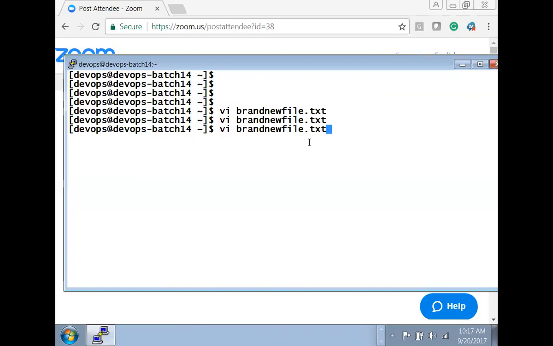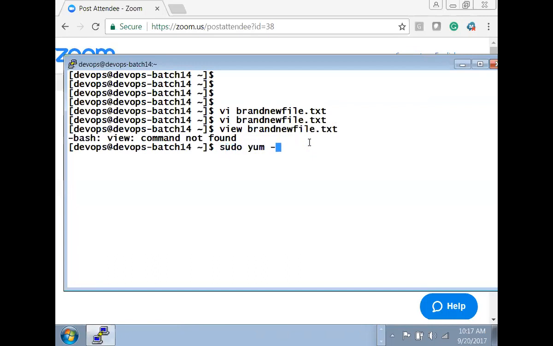Sometimes you don't want to change the file, but you want to see the file. So what will you say? You will go with view. That is the advanced mode of the VI editor. So what is meant by view? We will see that. You have to see at the bottom line what it says. Okay, ready, steady, go. Please pay attention on the screen because it is helpful. If I say view and the file name, see at the bottom of the line what it says. It says view is not a command.